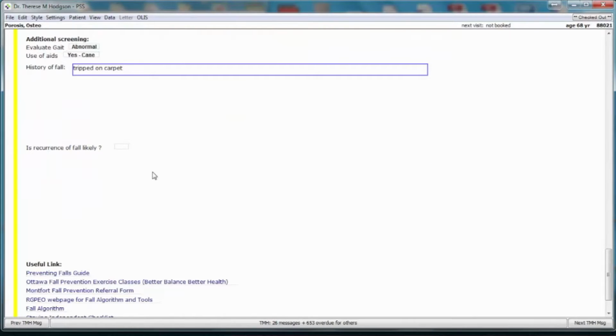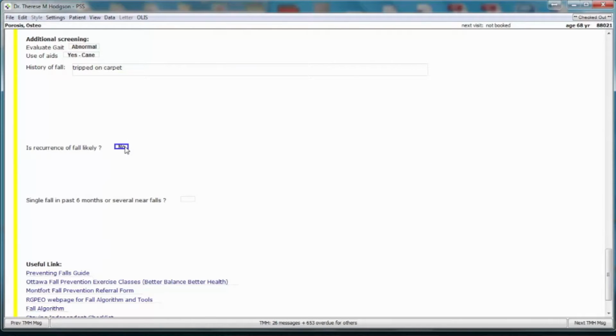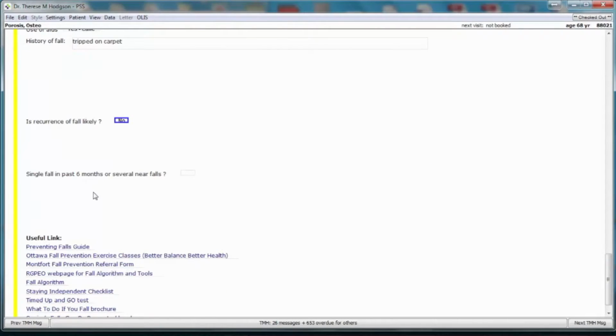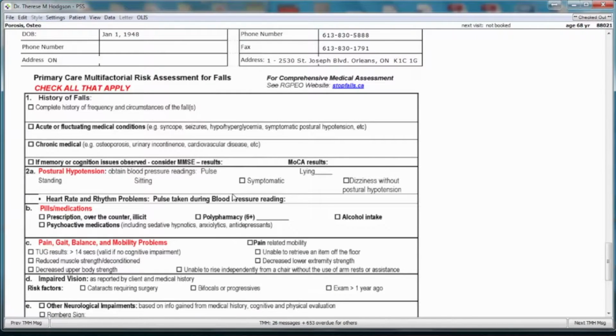And then we establish if the recurrence of fall is likely. If not, has there been only 1 fall or several near falls? If there was only 1 fall, then the risk of falling is low. If there are several falls, then it is a higher risk of recurrent fall, and we can either perform the